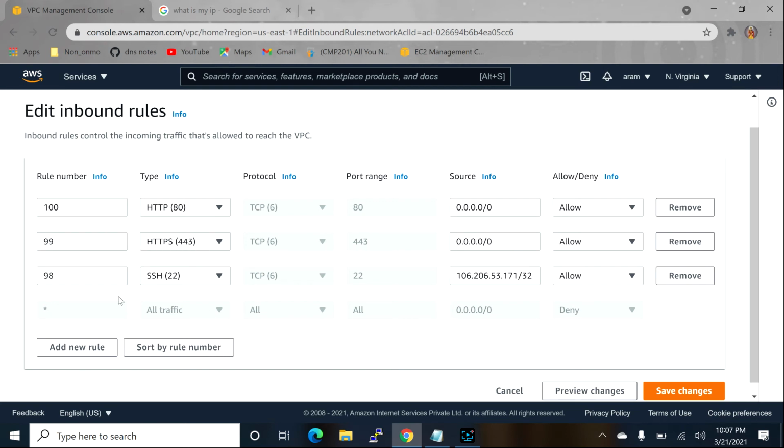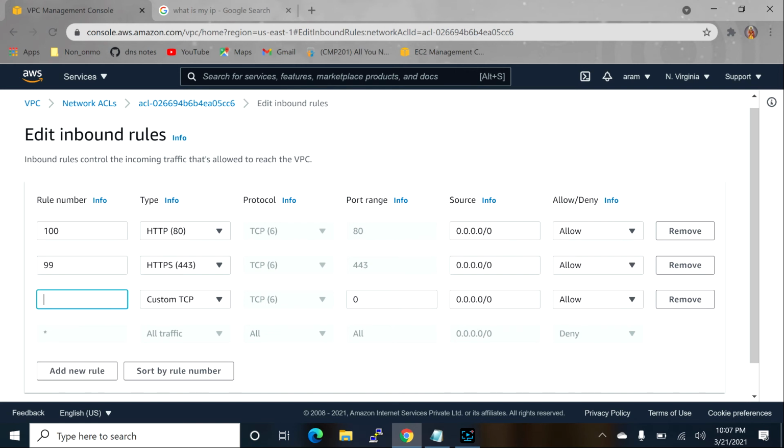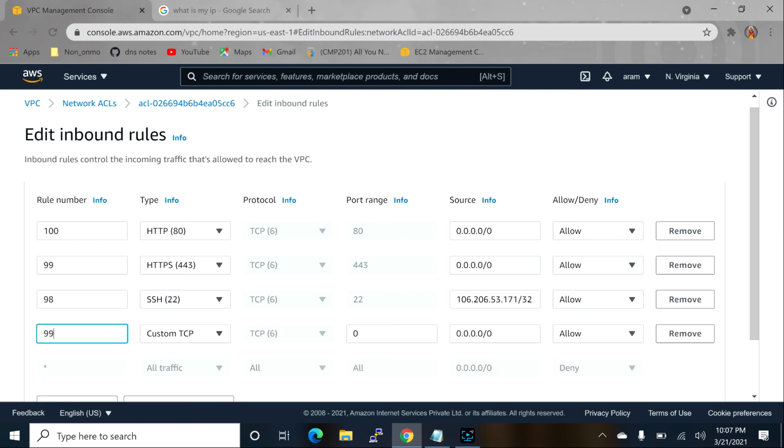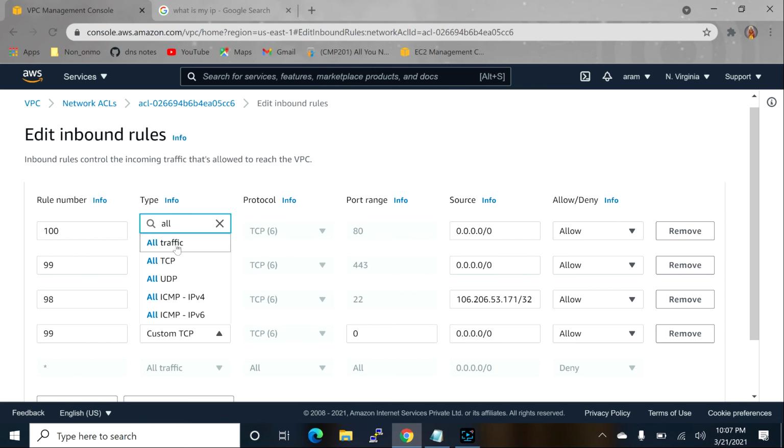For example, I'm adding one more rule. Oh sorry, I deleted. So 98 I had given, SSH, and here we gave our network IP /32. Now I am going to add 99, and for example I'm giving all traffic.